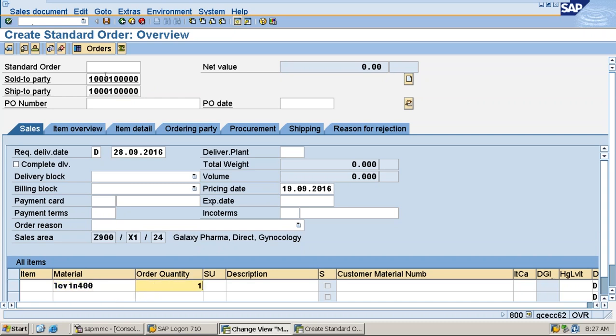You see, when I'm trying to create an order for this material for this customer or any customer, you try to create an order with this material for any customer. You see now this field is blank, right? Item category, this field is blank. But when I press enter,